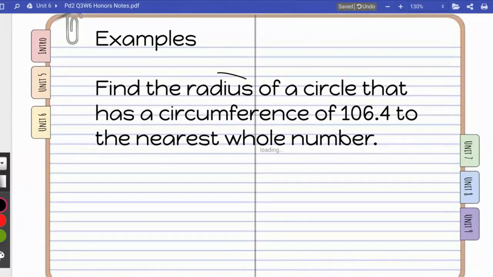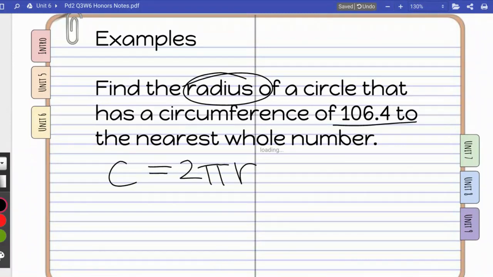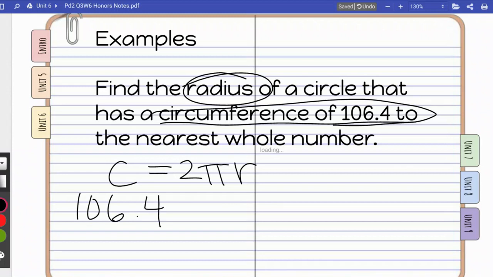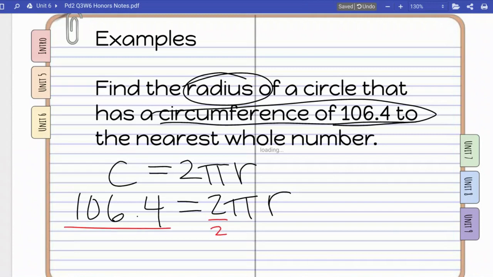So let's find the radius now if I know the circumference is 106.4. So we know circumference formula, circumference equals 2 times pi times the radius. We know our circumference is 106.4, so I'm going to plug 106.4 in for C, equals 2 times pi times the radius. It's asking for the nearest whole number, so that means we're going to divide both sides by 2 to move the 2 over, but we're also going to divide by pi to get the pi